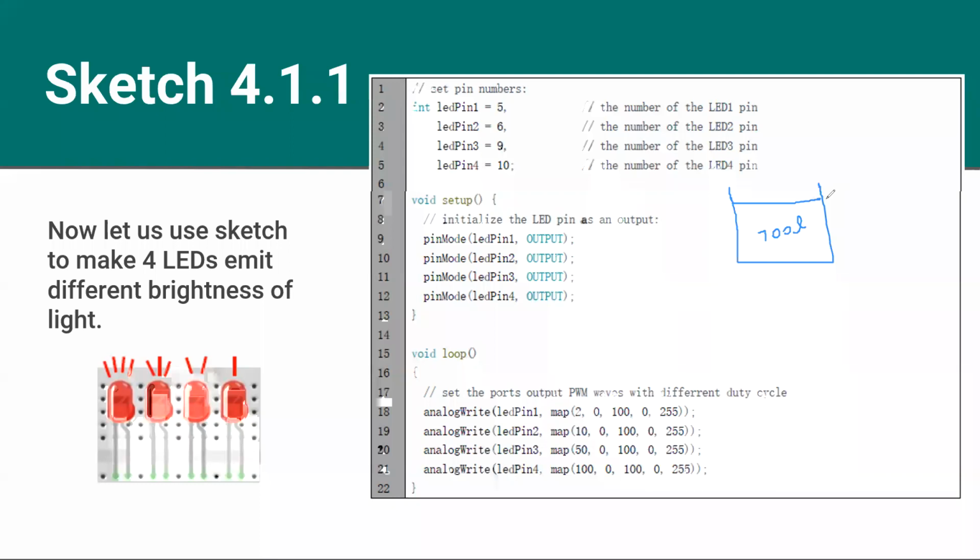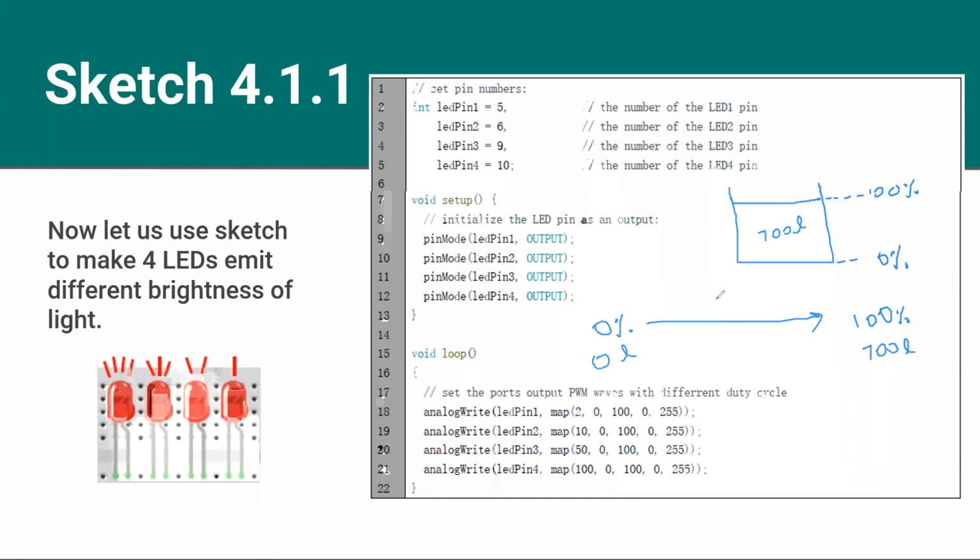If the water tank is full, let's pretend this is full, we say it is 100%, right? If the water tank is empty, we say 0%. Now we have two states, the water tank being 0% and the water tank being topped up, 100%. So here we have 0 liters and here we have 700 liters, right?